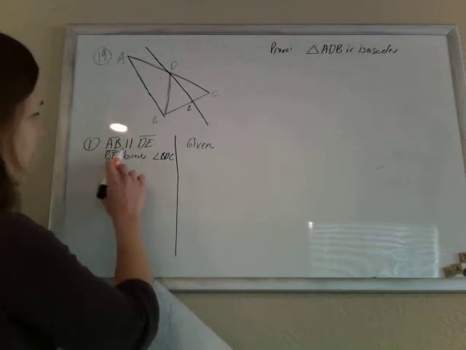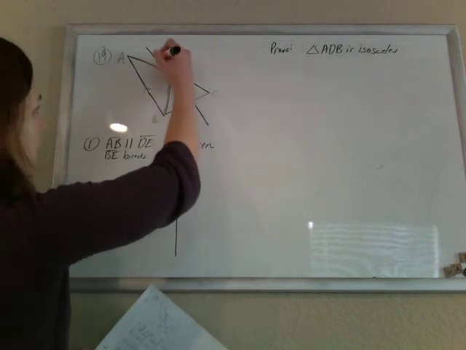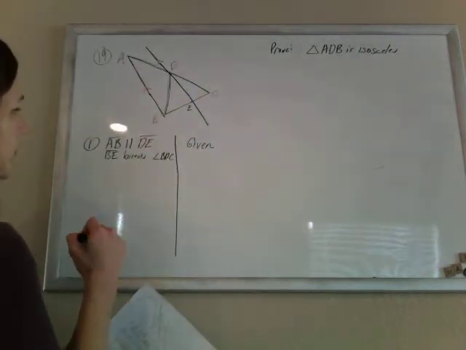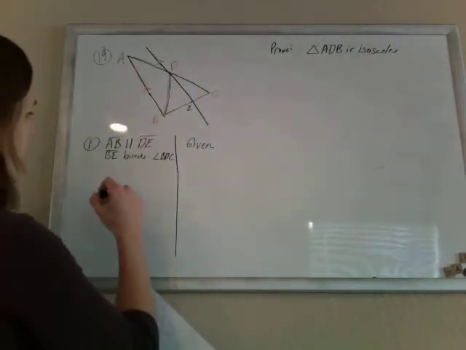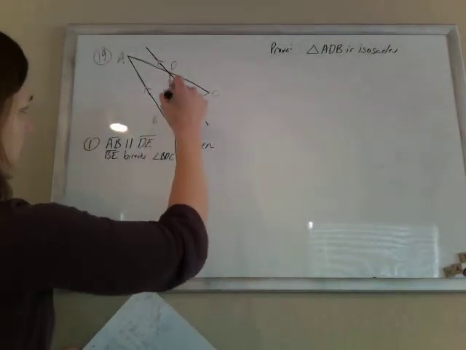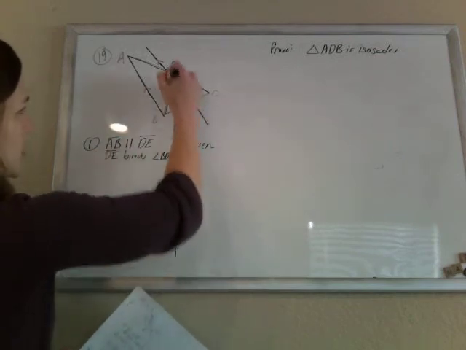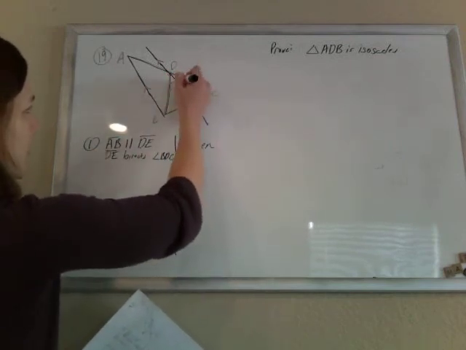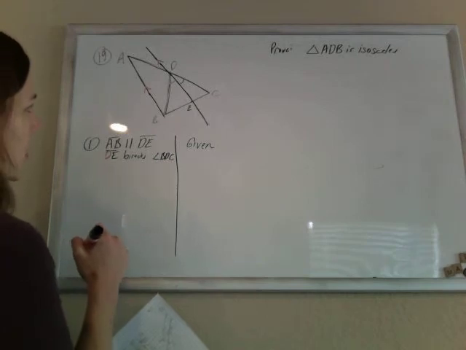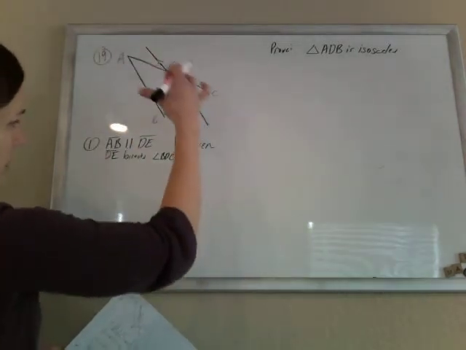Let's see what they give us. They tell me that AB is parallel to DE, so AB and DE are parallel. And they tell me that DE bisects BDC, sorry, so that this and that are congruent. Now, because I have these two parallel lines and many transversals,